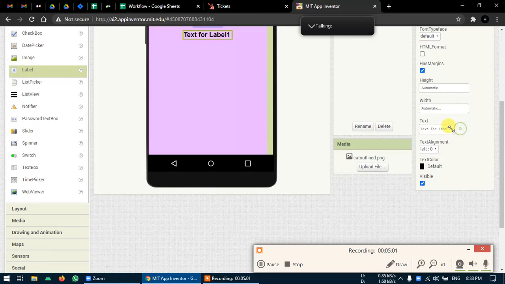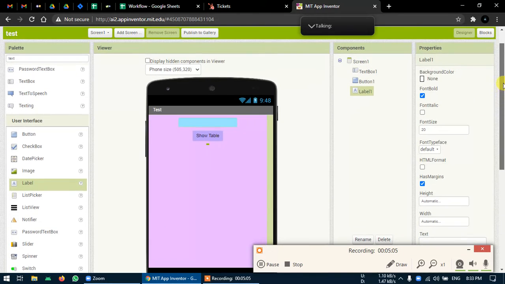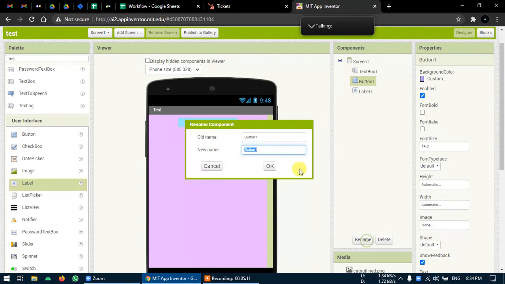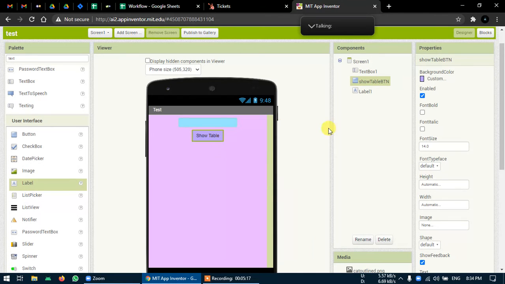Yeah. Now I can erase this, I don't need it first. Now, if I click on the Show Table button, it must fill this label with the table for the particular number entered in this text box.